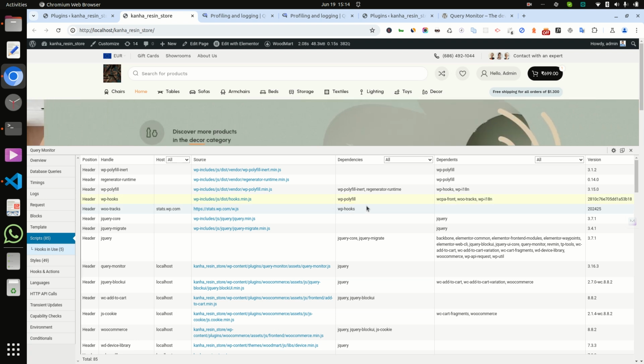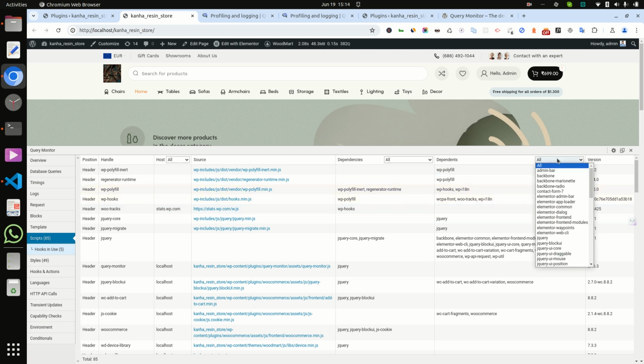It is also showing dependencies, like Bootstrap depends on WP hooks, and it is also showing the version.